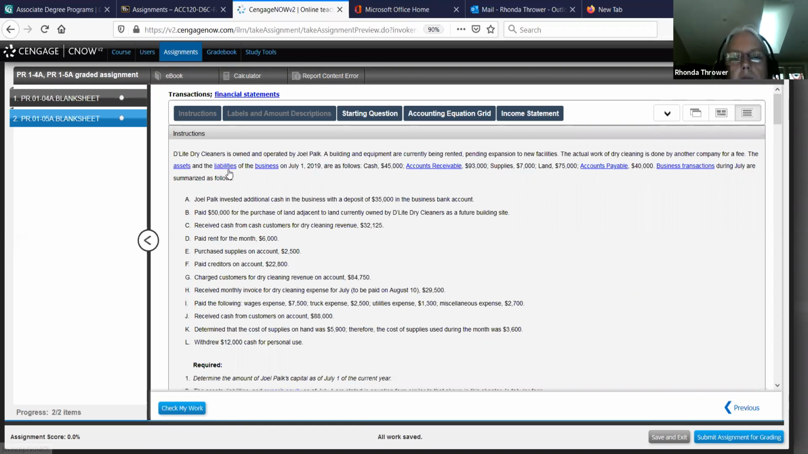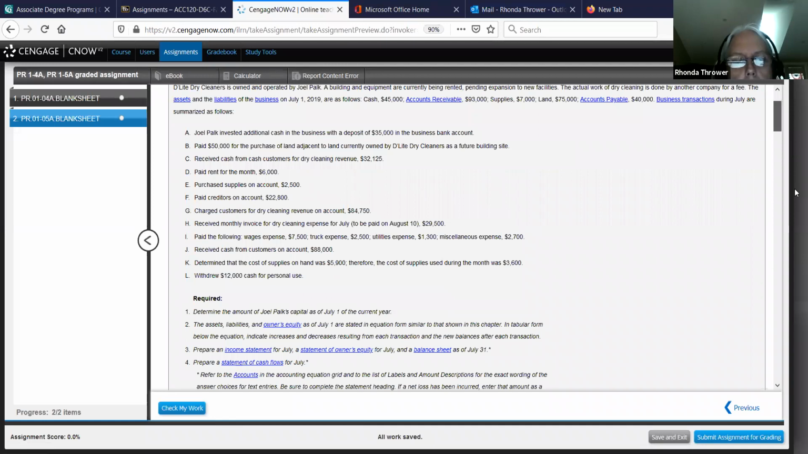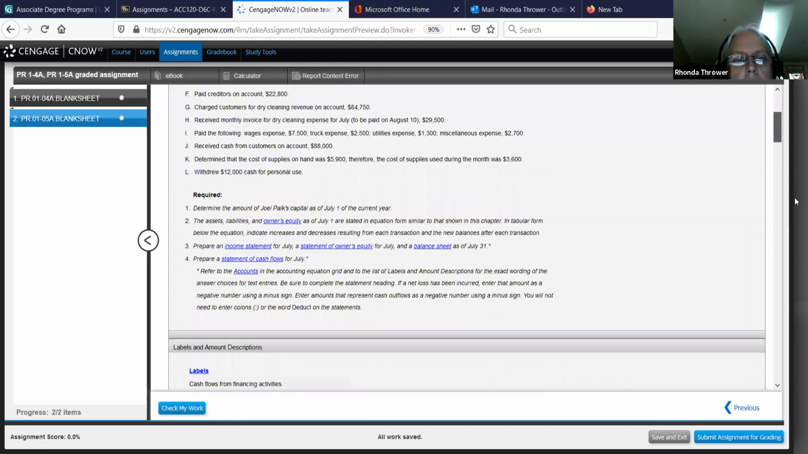The assets and the liabilities in the business on July 1st, 2019 are as follows. What's different about this problem is this part right here. They're giving you beginning balances that you'll need to start with. And in addition to that, they tried to make it a little bit difficult for you. And they ask you in the first requirements